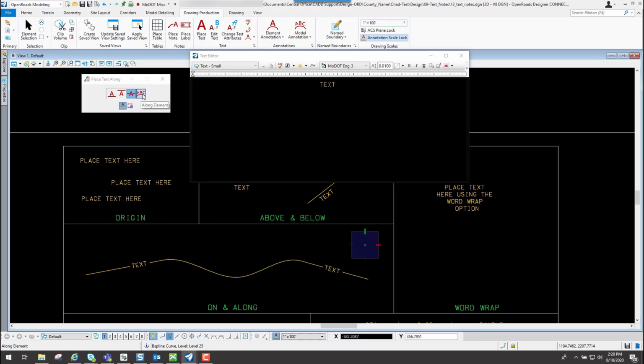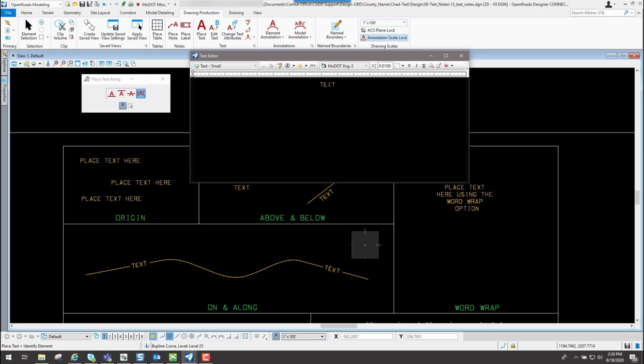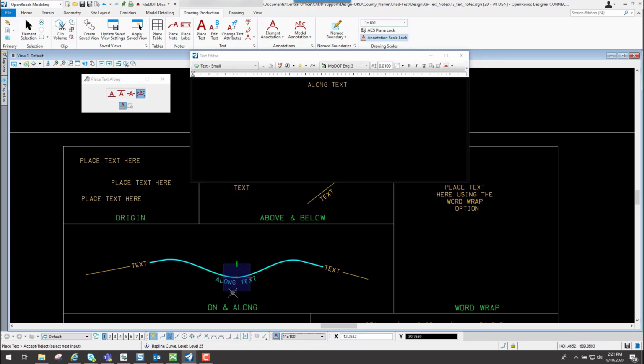And then the last one is along an element, which is going to place it along that particular element. So I'll go ahead and change the wording on this one, make it a little bit longer. And now if I go ahead and select maybe along this curve here, once I have it selected from that point, now you determine which side that you want it on, whether you want it above it or below it. And that's all depending on where you have your cursor at. So if I want to place it below it, I'll just drag my cursor below, and then I'll left click to accept it, and you'll see that it places it along that element.